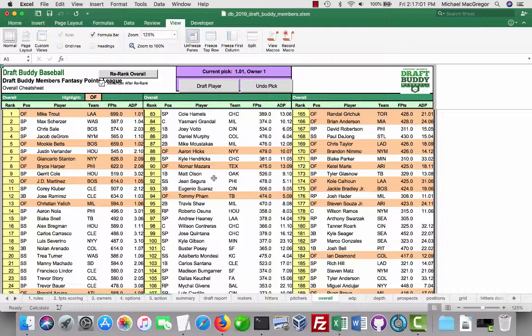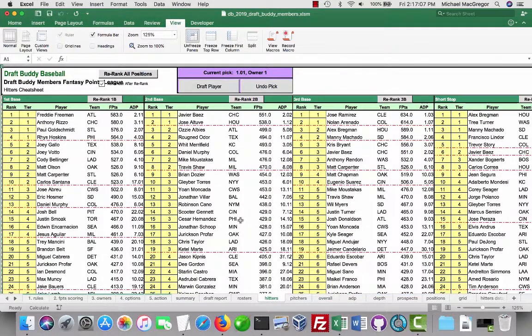Of course, there's no tiers on an overall cheat sheet. That doesn't make a lot of sense. The tiers are used more for position drop-offs. And you can see hitters here. So now we have a little bit more of a spread in these tiers from 1 to 2 to 3 to 4, etc. by position. All right, so there is our preliminary cheat sheet, and I've demonstrated how to set up Draft Buddy for a